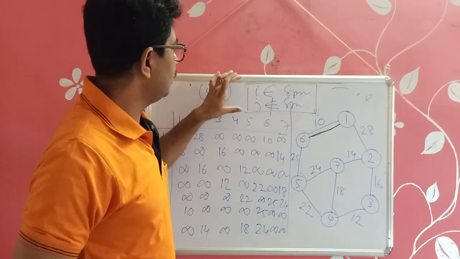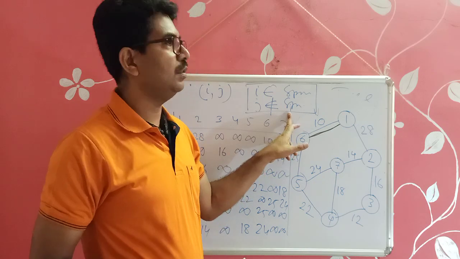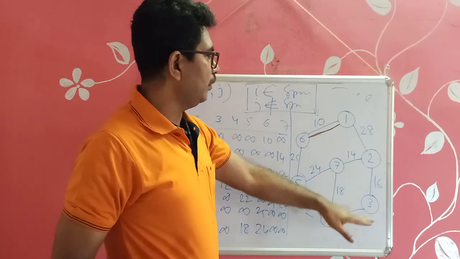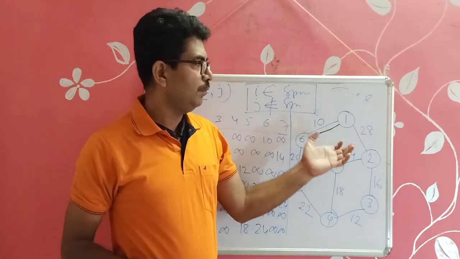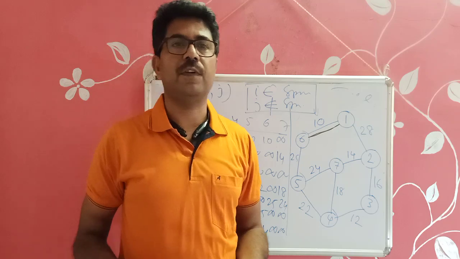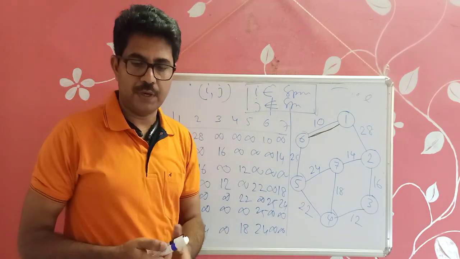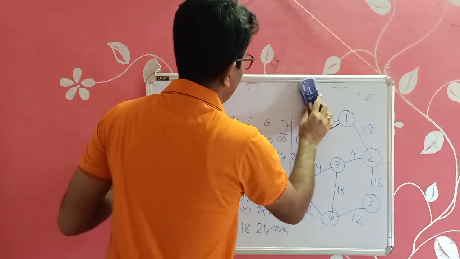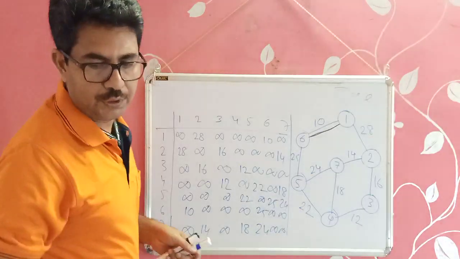Okay, so first we always have to check whether it is creating a cycle or not. If yes, then we will discard that edge, and we check whether all the vertices are connected by n minus 1 edges or not. If these two conditions are satisfied, then we have solved the problem of finding the minimum spanning tree. Okay, so now let's check. Prim's starts with an edge having minimum weight.